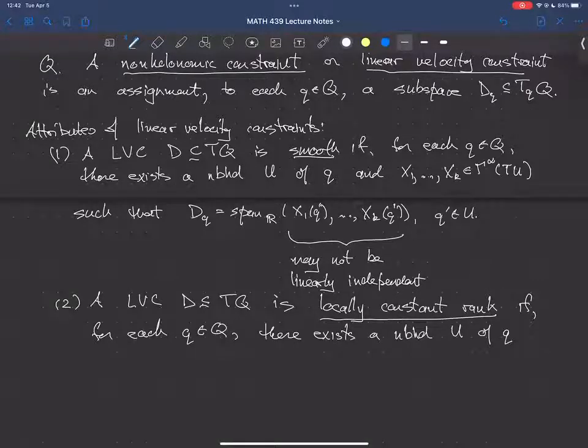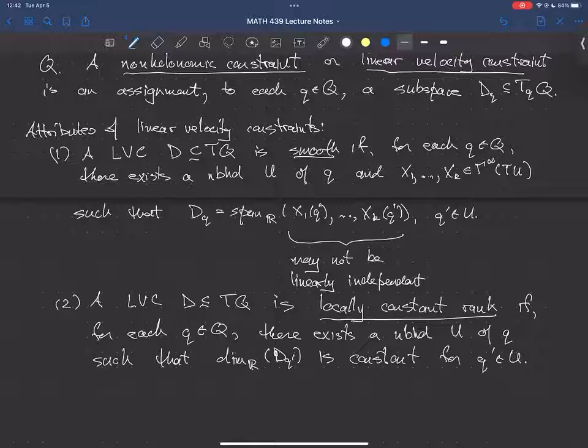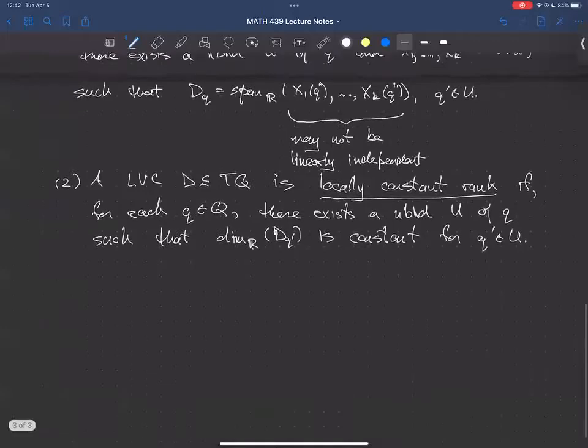locally constant rank means for each Q, there's a neighborhood U of Q such that the dimension of D_q is constant. And this should again be D_q prime. It's constant for Q prime in U. Okay. All right, so these are two properties that linear velocity constraints can have, and we're going to see